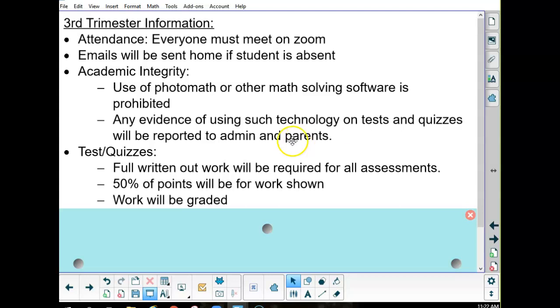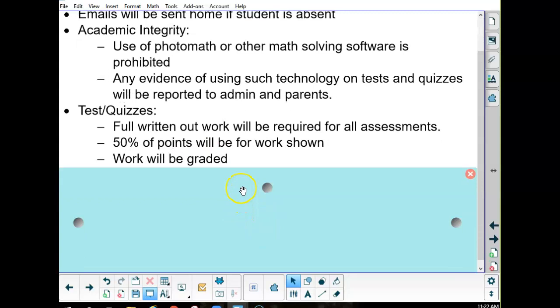So I want you to know that we are aware that academic integrity is not being honored. So we're going to make things a little more full. I don't know how to say that. We're going to make you guys more responsible, and I'm grading all of your work for every quiz and every